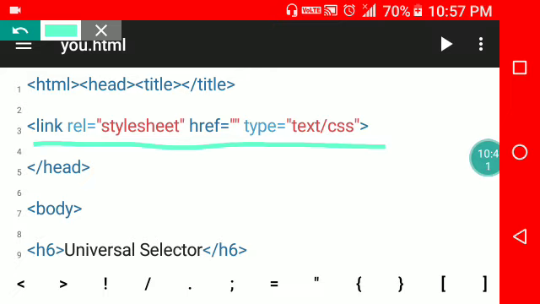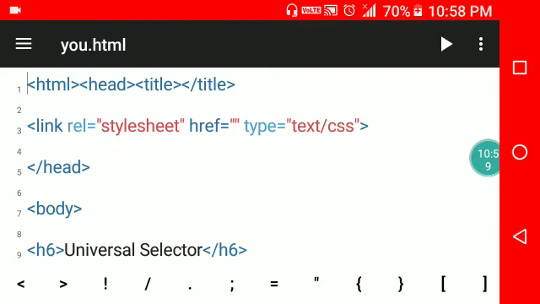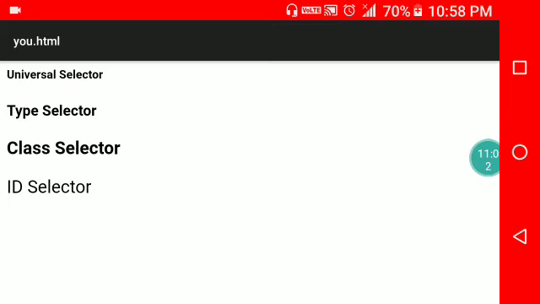And what is the name of the file? style.css. When will you use an external style sheet? You will create one HTML file and another CSS file. First you will see the output of this code. See here, this is the output of this code.